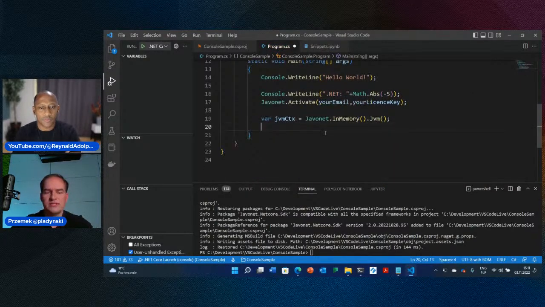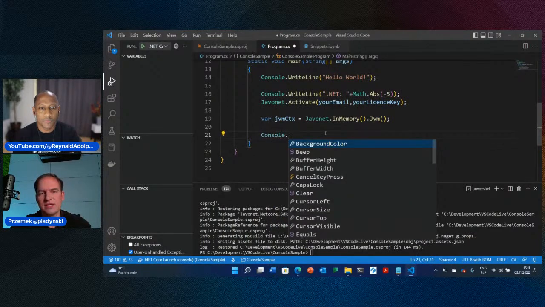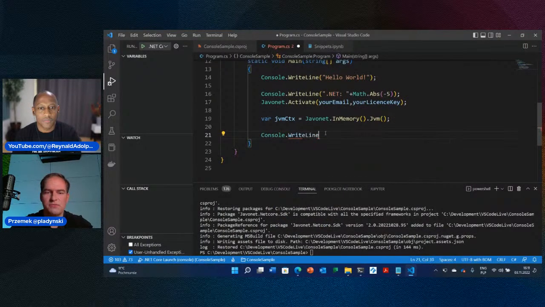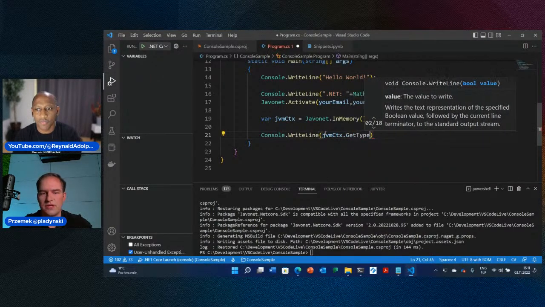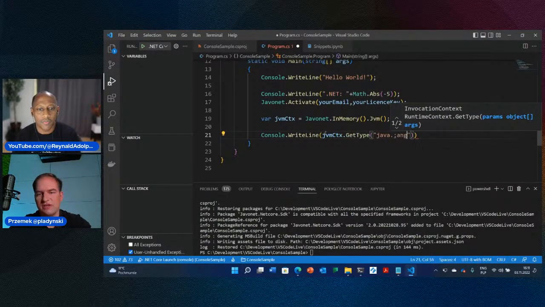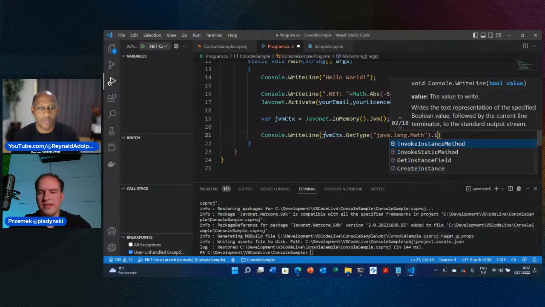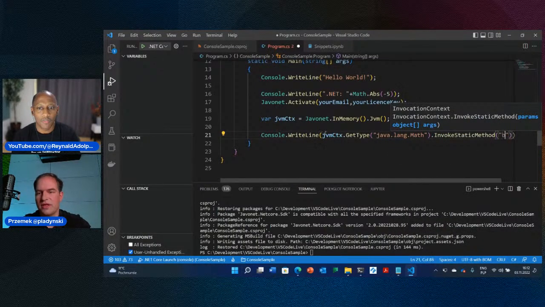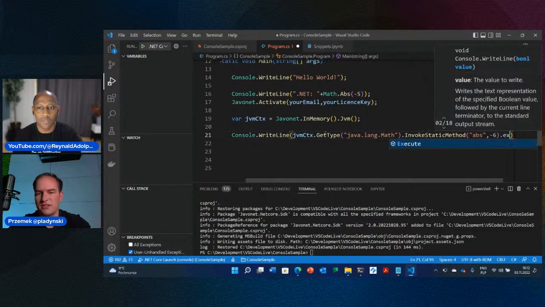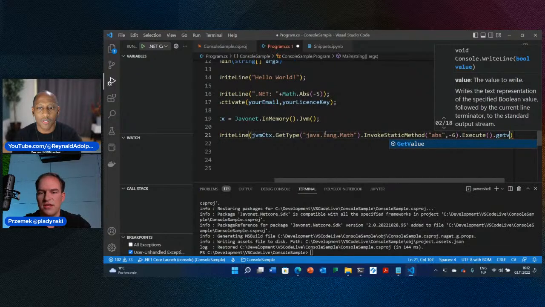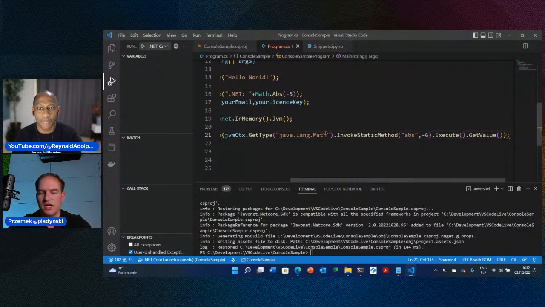And now I can ask JVM to do exactly the same task like I did so far. So I'm writing the line, and I'm saying the Javonet context, get type, in this case, Java lang math, right? And I tell it to invoke the static method ABS, passing the arguments like a value types and saying execute, get value as the response is a value type, and I want to have it here.